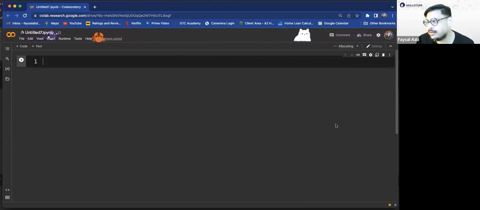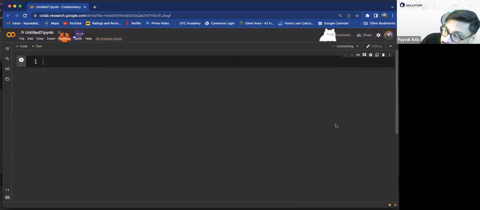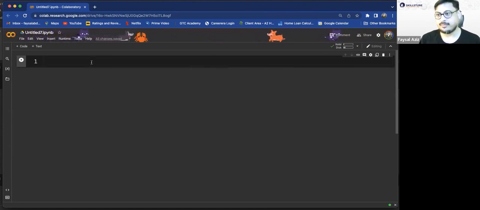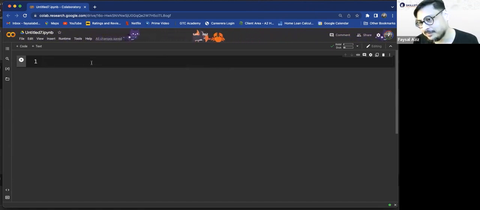Now, when you click on Connect, it's actually connecting to the Google server, and it's going to give you the resources, meaning processing power. It's going to give you memory. So nothing in your computer is actually being used. And you have Python. It's as simple as that. Isn't that beautiful? That's Python. So let's do a crash course on Python.